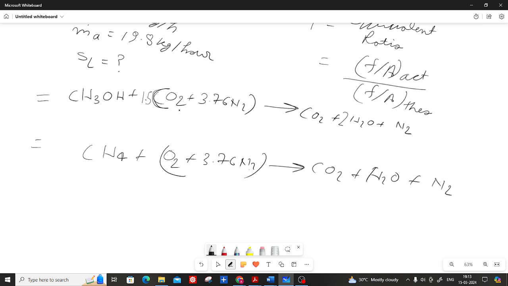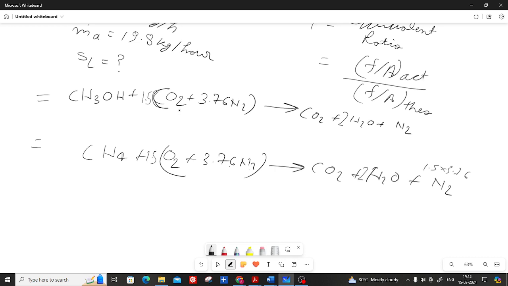So you have this. Now we need to balance this equation. How many carbon are there? Only one carbon, so you leave this. How many oxygen are there? 2, 3 oxygen are there. So here, how will you get 3 oxygen? If you multiply by 1.5, then you will get 3. So it has 3 oxygen atoms, and you multiply 1.5 into 3.76, that will give you the nitrogen molecule. So now this equation has, see how many hydrogen are there. See, wait, I have made some mistake.